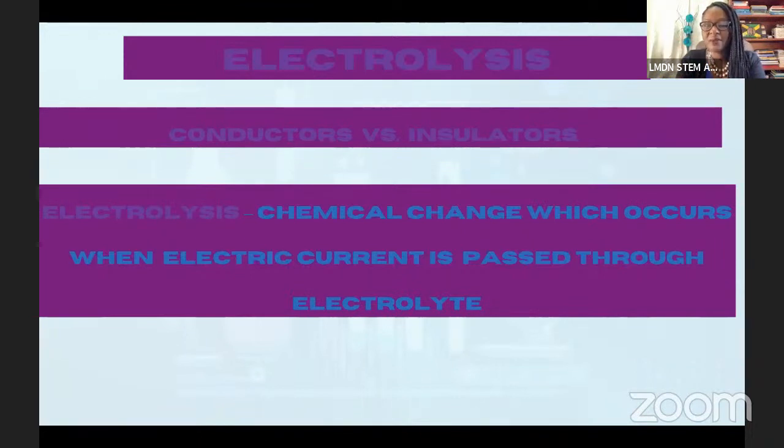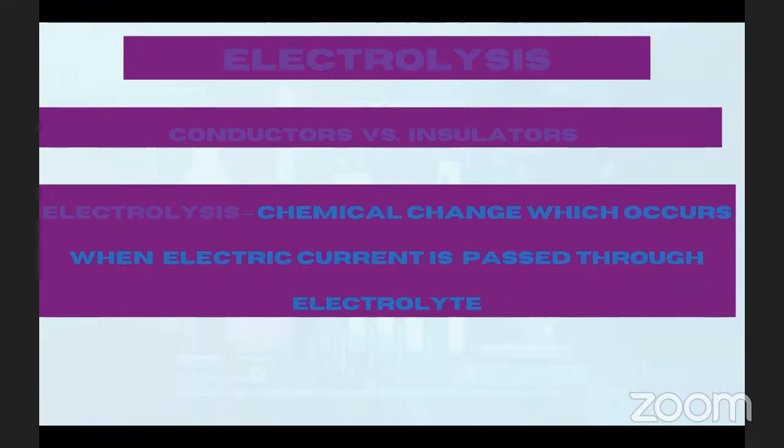And for intents and purposes of what we're focusing on today, when we talk about electrical conductors, we think of things that allow electricity to pass through them, right? They're not resistant to that flow of electricity, so they allow electricity to flow through them. And when we think of our conductors, metals are very good conductors of electricity. So we have those, and then we also have insulators, which we're all very familiar with too. We have wood. We know that wood doesn't conduct electricity, doesn't conduct anything really.